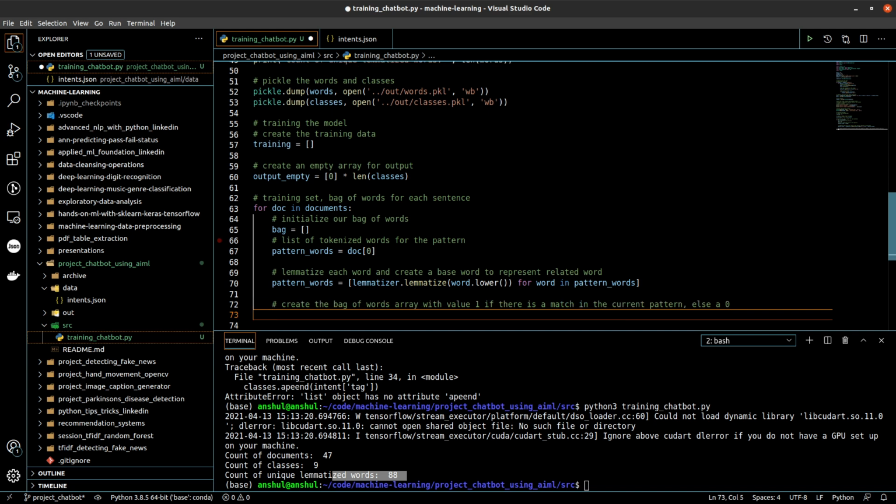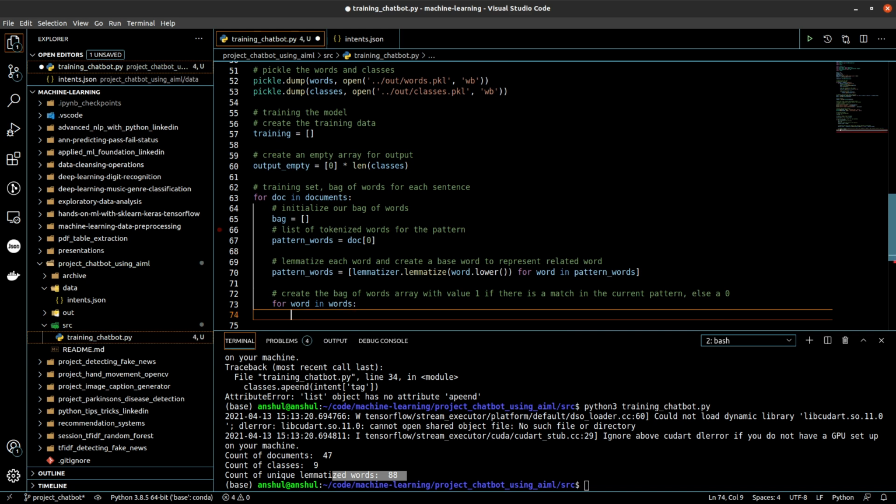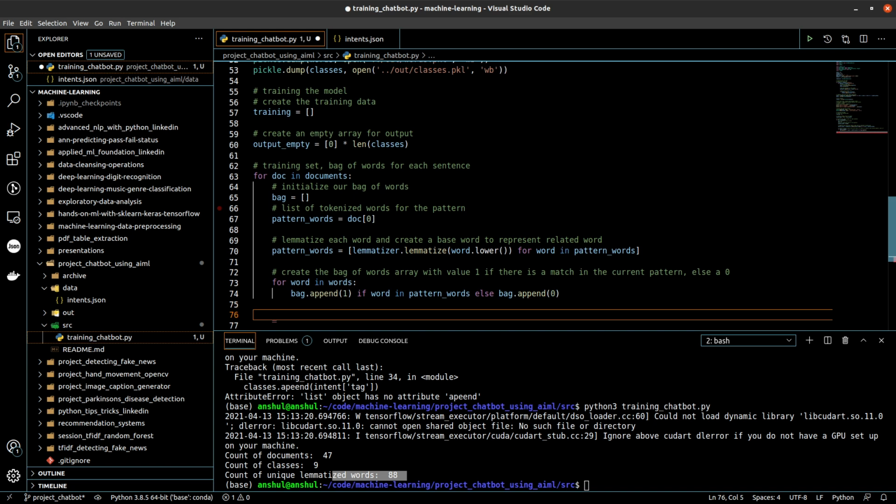Okay, so for word in words, we will append 1, bag dot append a 1 if word in pattern words, else append 0, and output is going to be